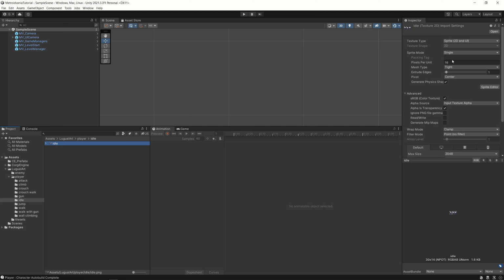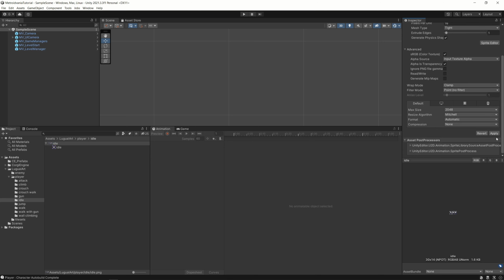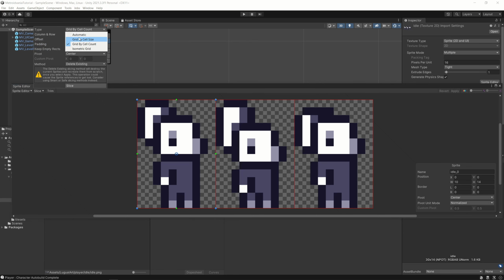everything for the pixel art set. But these are 3 separate animation parts, so I cannot use the sprite mode single, because that would be just for one single sprite frame. But here we have 3, so we should go here to multiple and apply that and go to the sprite editor. Here I can slice it, and you see I can slice automatically, or by cell size, or by